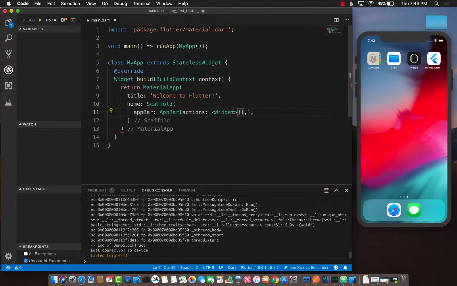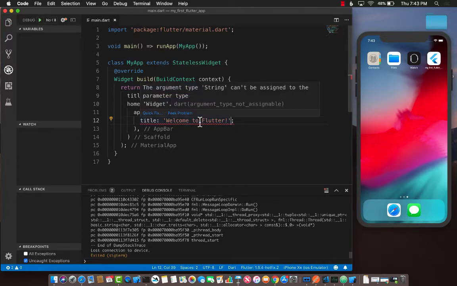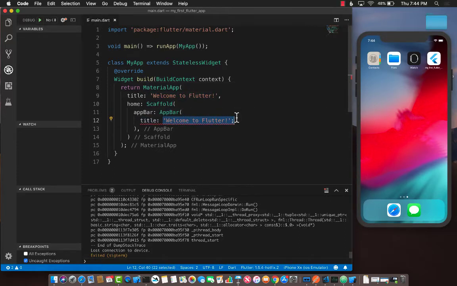And in the app bar, you can pass in something. I believe you can pass in the title. So hello or welcome to Flutter. All right. And you have to put semicolons. So there we go, semicolon over here. And semicolon. I don't think actually you need a semicolon over here. What is it saying? Let's see. The argument type cannot be assigned to parameter type widget. That's my mistake. Everything is a widget. All right. So you can't assign it like that. You have to use the text widget to assign this. So let's go ahead and use the text widget